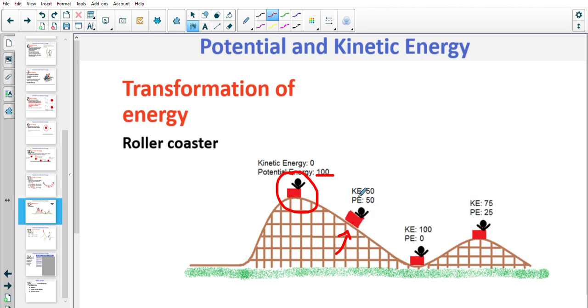It's stopped. The potential energy, it's already lost half of it by going halfway down. But the kinetic energy, because it was moving, is at 50%. When it reaches the bottom, immediately kinetic energy is at 100%. It has no more potential energy because it's at rest at the bottom, but as it starts to move back